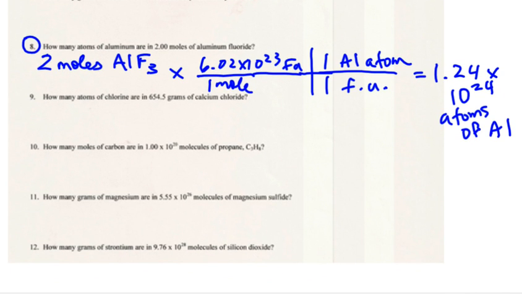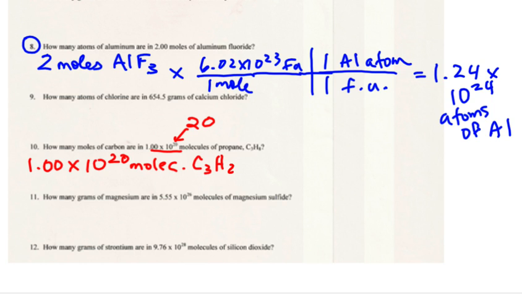All right, I'll let you guys pick another one out of the remaining. Number 10, how many moles of carbon? All right, that's a good one. We're going to start with molecules of propane. So 1.00 times, I can't read that exponent, what is that? Times 10 to the 20 molecules of propane. C3, I can't read it, but I know what the formula is because I know organic,